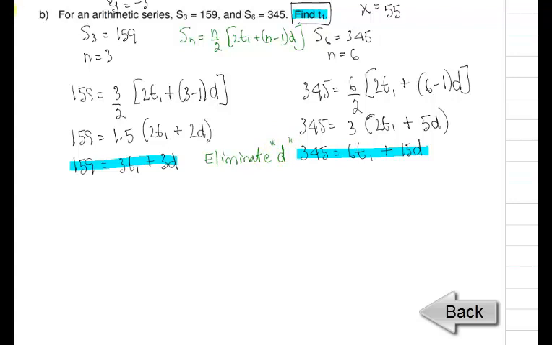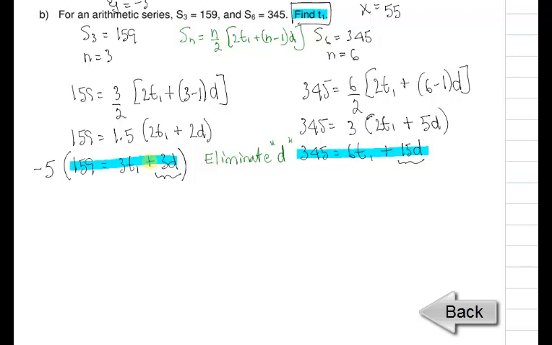Okay, so that means that my d's both have to have the same coefficient in front of them. If you take a look, this d here has a coefficient of 15, and this d has a coefficient of 3. If I want them both to have a 15 in front of them, then I am going to times this first one by 5. Now, because I like adding when I solve for a systems of equations,